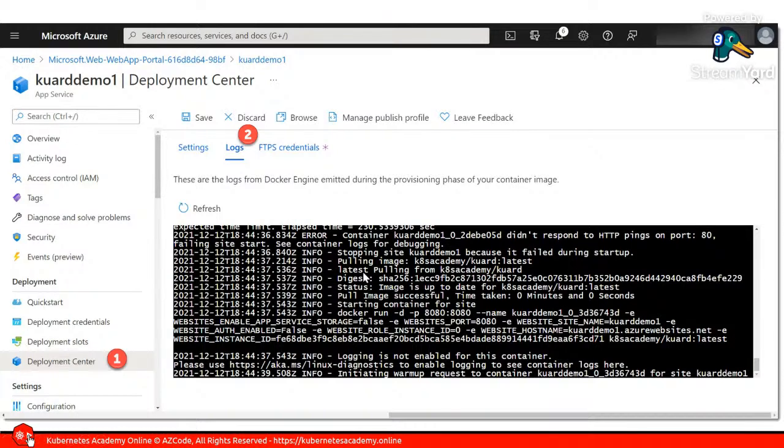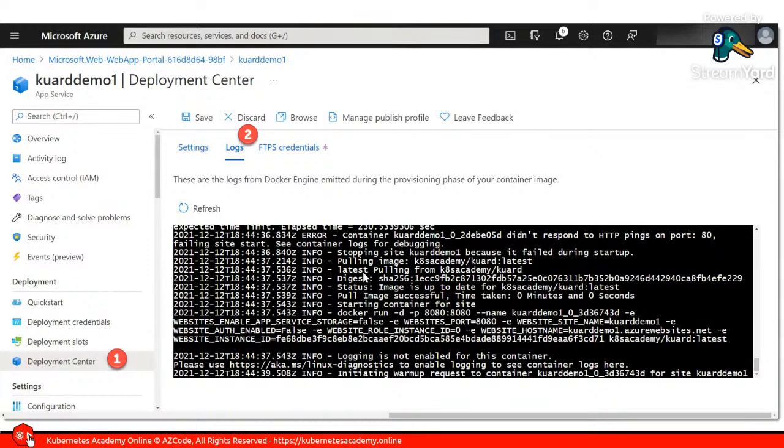So just to be clear here, these are the logs that App Service creates when it tries to run your container, when it tries to pull and run the image. So these are not your application logs. These are totally different. These are really App Service logs, and they are super useful because